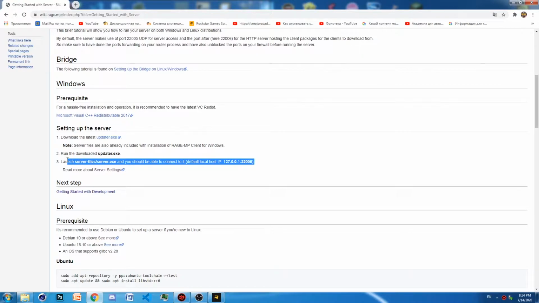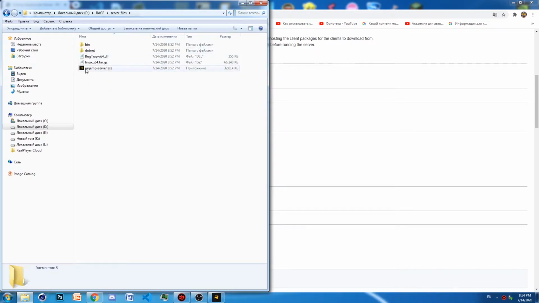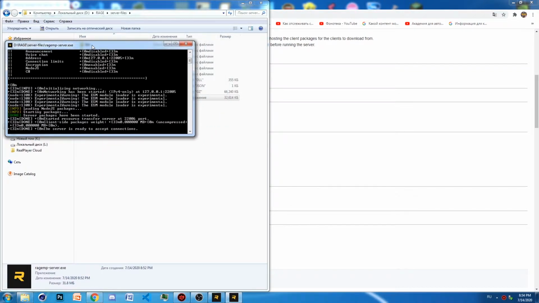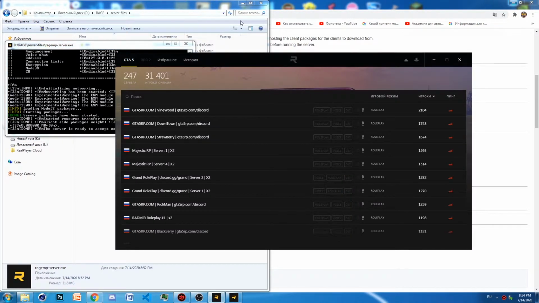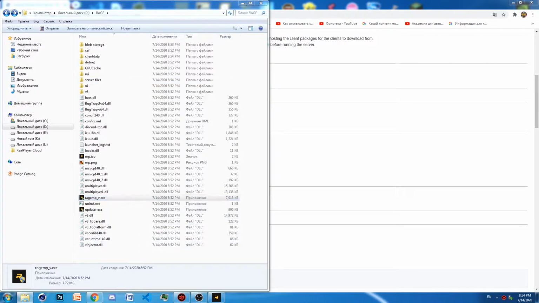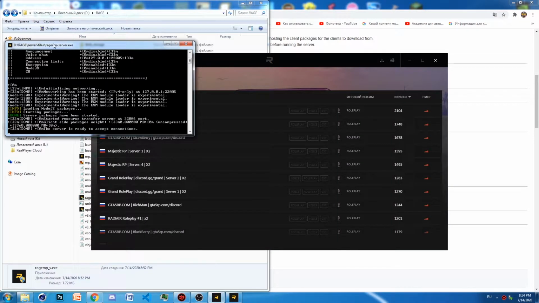So here we have the third step. It says that we have to go to server files here and execute the Rage.MP server.exe. I will say it now: if you close this launcher like this, you can start it from this exe file, and it will open the same launcher. So now we started the server and it has said the server is ready to accept connections, and now